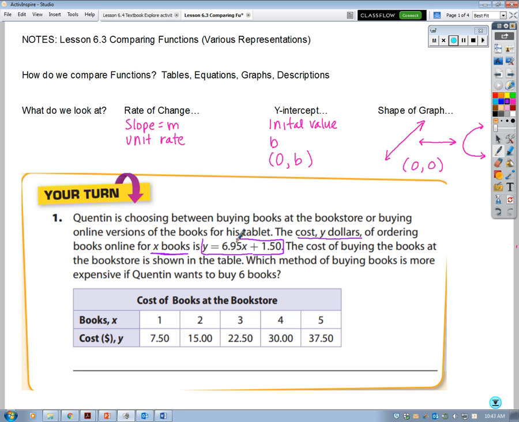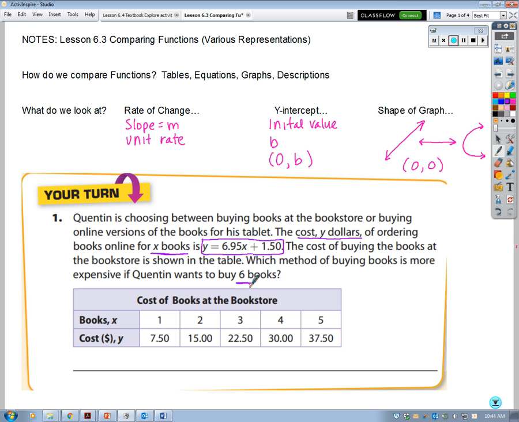695x plus 150. So to interpret this, that means it's 695 per book plus 150, probably for shipping or something. Or just an initial cost or a membership fee. I guess it's online ordering, so that might be like a membership fee. The cost of buying books at the bookstore is shown in the table. Which method of buying books is more expensive if Quentin wants to buy 6 books? So this would be our input that we're comparing. So we're comparing the cost of 6 books, online versus